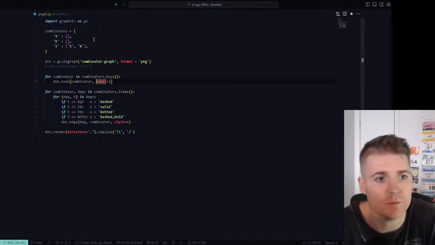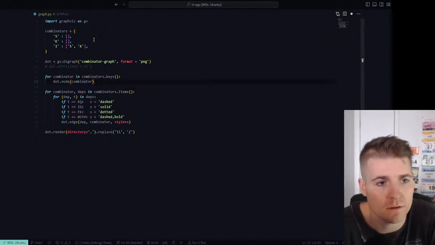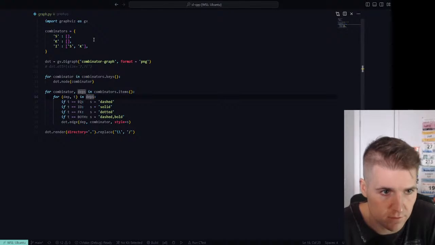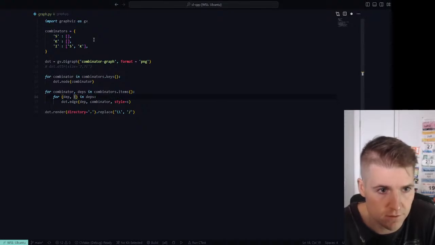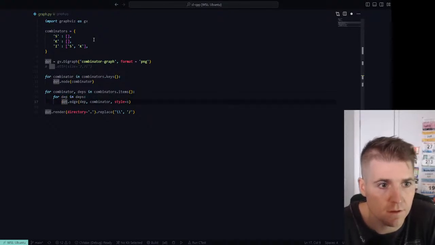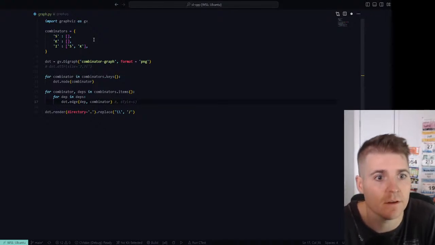And do we even need label for the moment? I think this is a way more complicated script than it needs to be. For combinator, and I don't think we need the style for now. I don't know what this line is doing, but